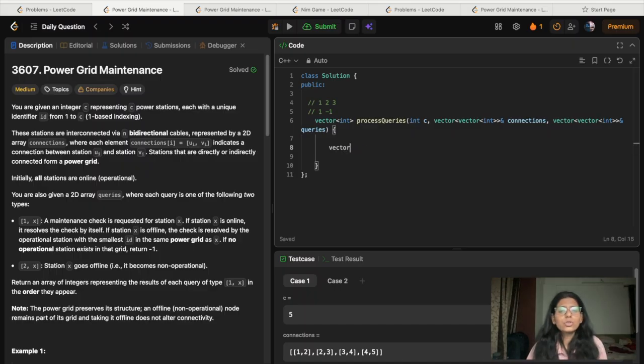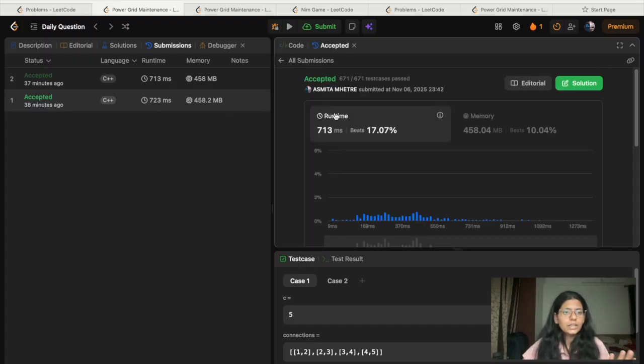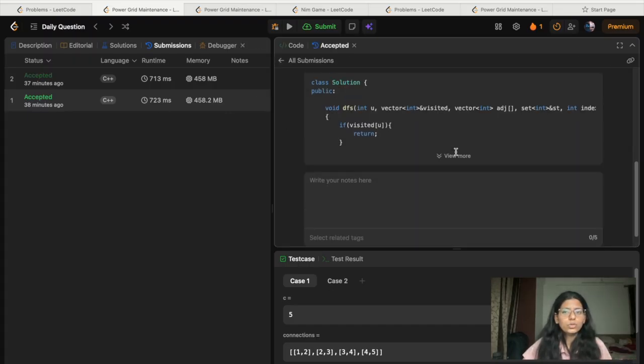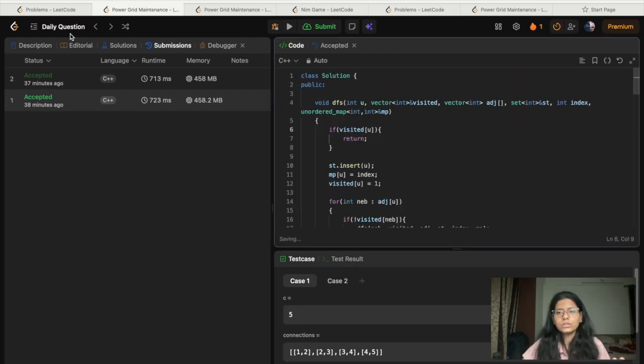I think I'll show you my code. Writing that code is pretty big, but explaining that code is very simple. I have just solved it, and I'll show you this code. Let me take this to my screen.